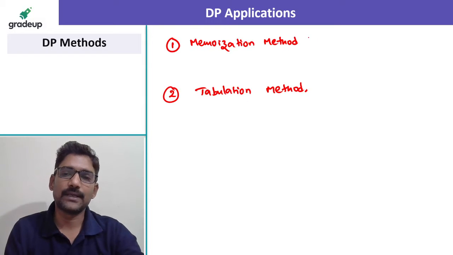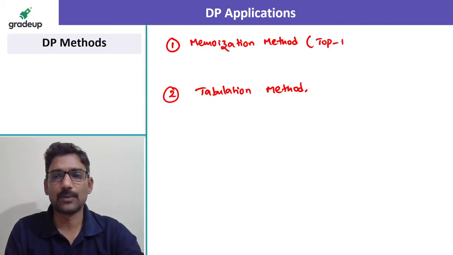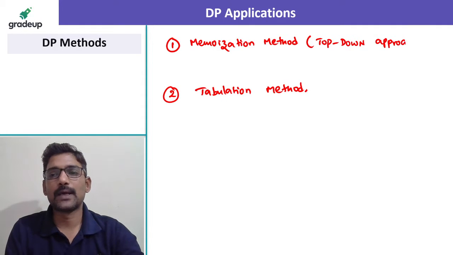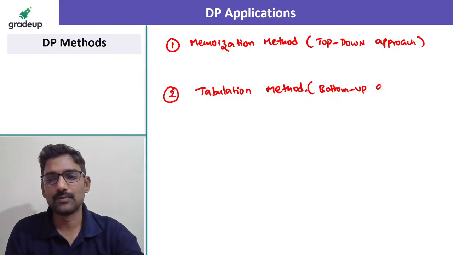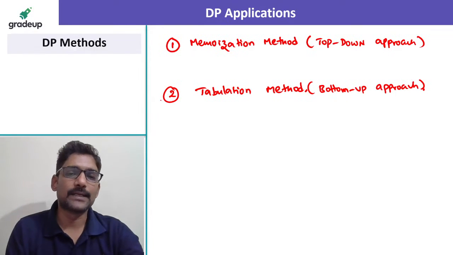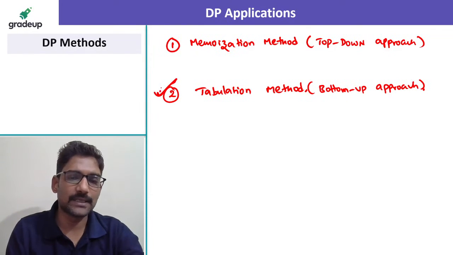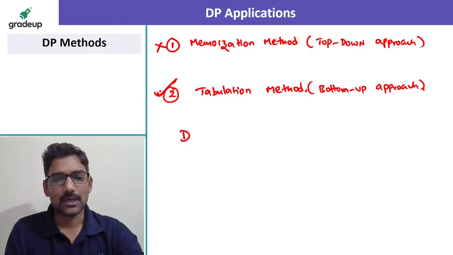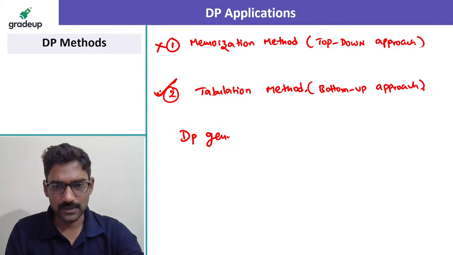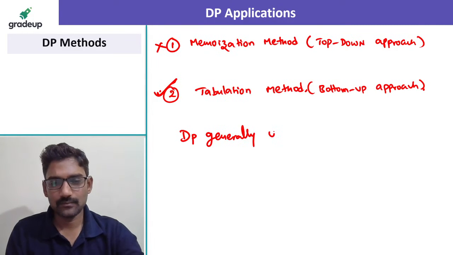Memoization method is a top-down approach, whereas tabulation method is a bottom-up approach. Now I won't explain what these are, but I can say the tabulation method is more effective than the memoization method. So, dynamic programming generally uses